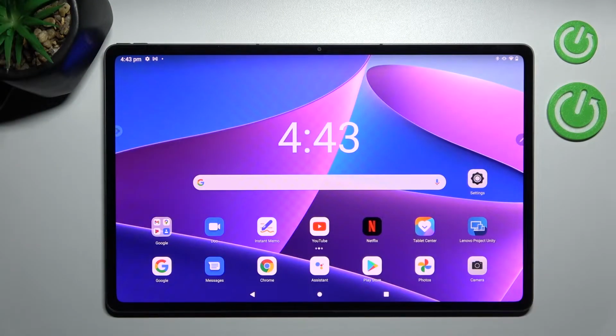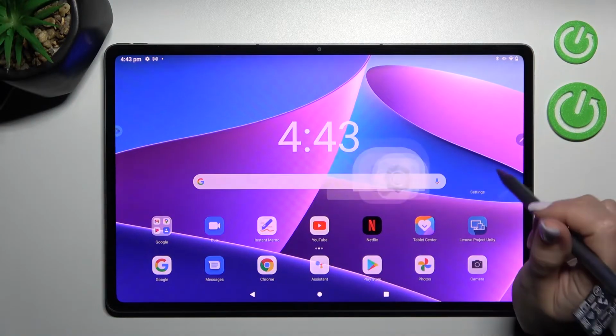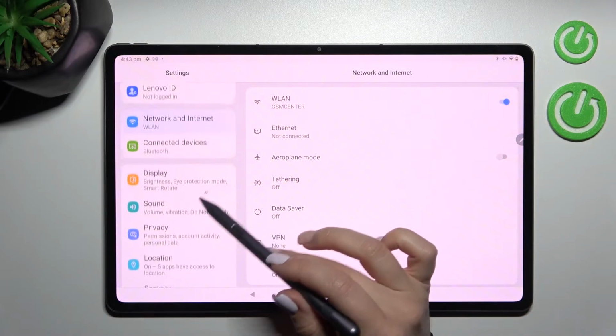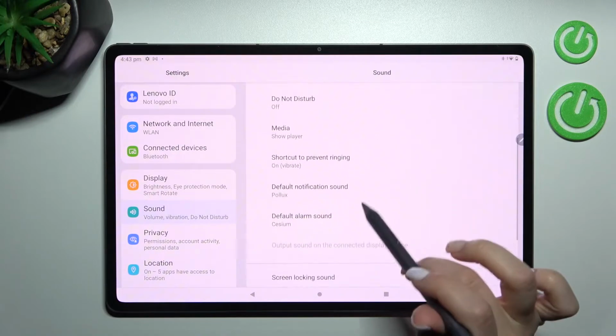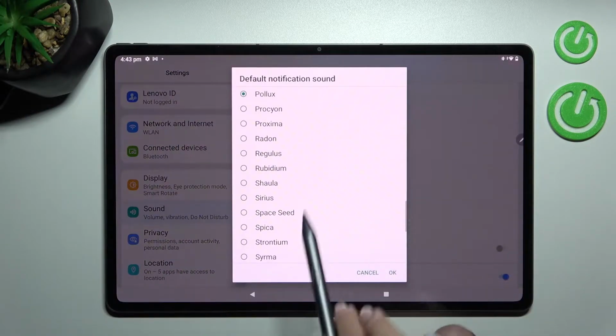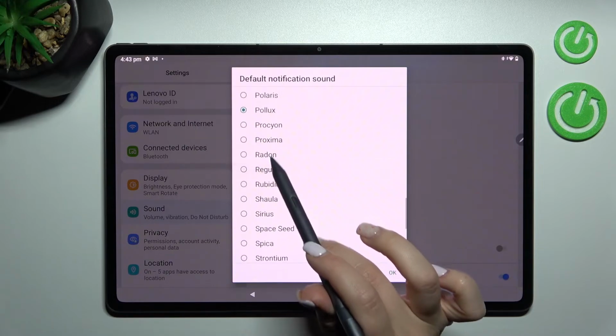Welcome to in front of me Lenovo Tab P12 Pro, and I'll show you how to change notification sound on this device. So first we should go into the settings application and then tap on the sound section. Here just scroll a little bit down and tap on the default notification sound and switch your current notification sound